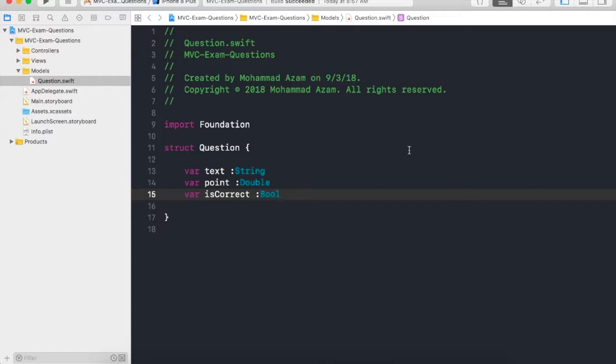Okay, so now our model is done. The next step is the view. Now there are many different ways of creating the views. You can use the storyboards, you can create views dynamically, but what I'm going to do is keep it completely separate because I want to show you how the view fits into the MVC design